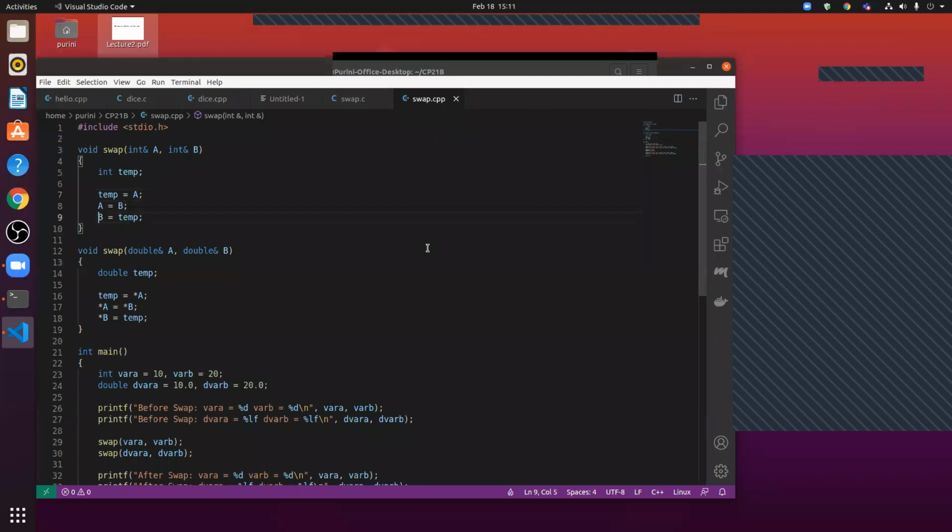This is true call by reference, and this is not there in C. So we are using the call by reference parameter passing mechanism, and we no longer require pointers. Any update to A gets reflected in the parameter var A. Any update to B gets reflected in the parameter var B. Are you all with me here? How we are using the call by reference parameter passing mechanism?